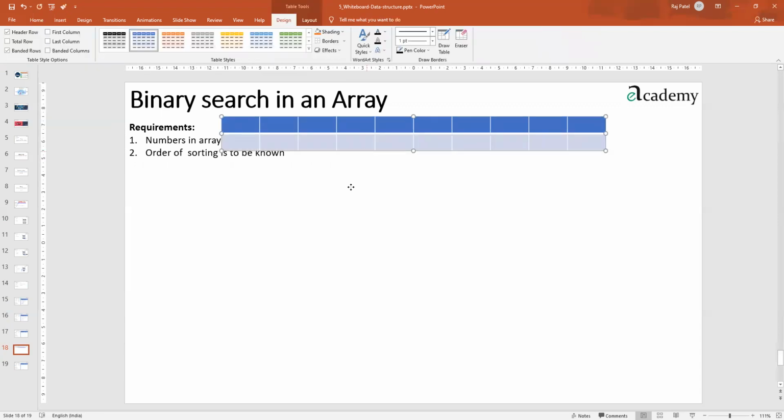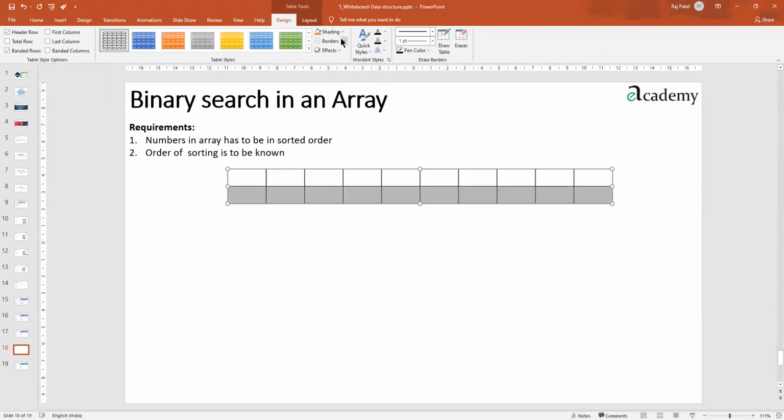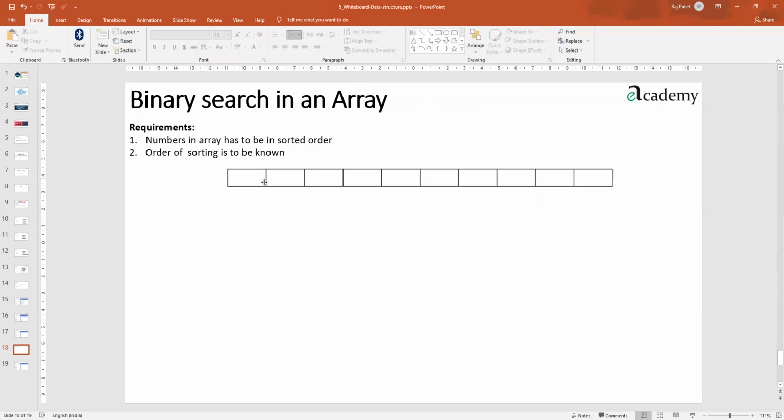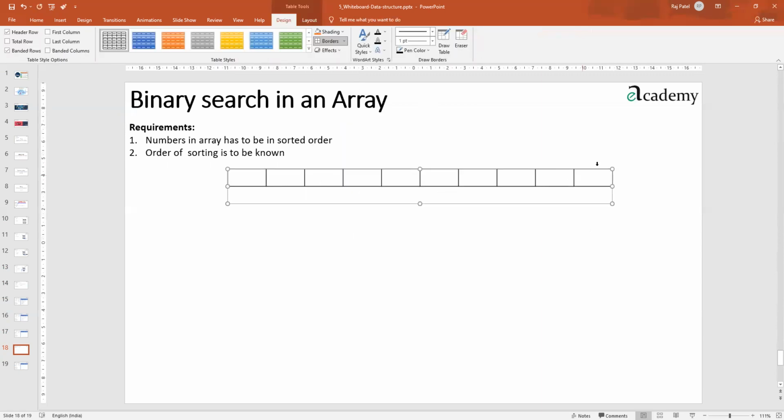Now I'm taking one array here in front of all of us. I'll just make it up. In this array, let's say these are the elements. I will fill in some elements here. I can also add a few more numbers, let's say insert.